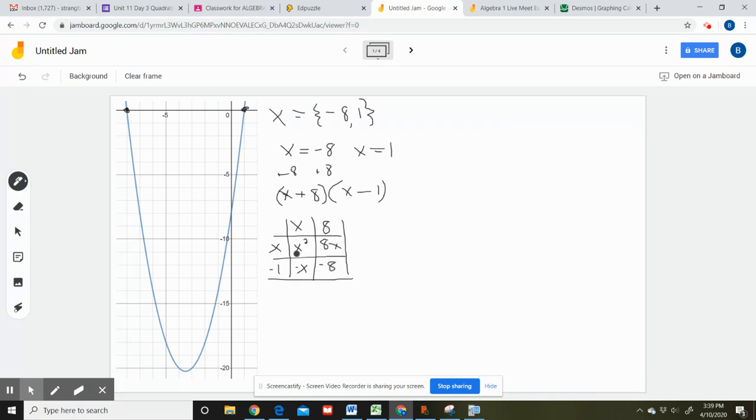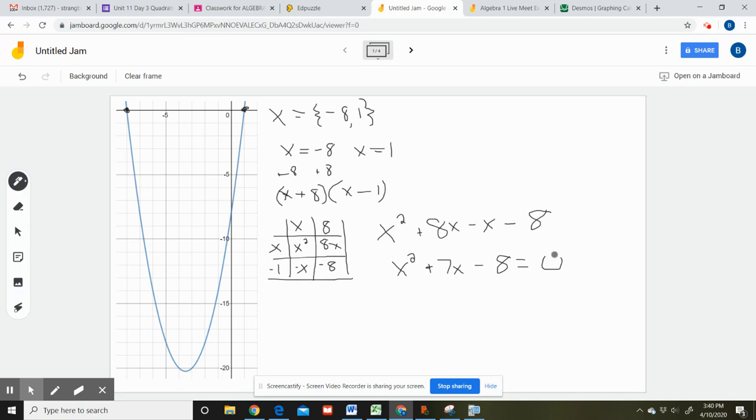All right, and then all I do is bring this outside now. So I bring out the x squared. I've got a plus 8x, minus an x, minus 8. And then I just combine, or simplify here. My last step: x squared plus 7x minus 8